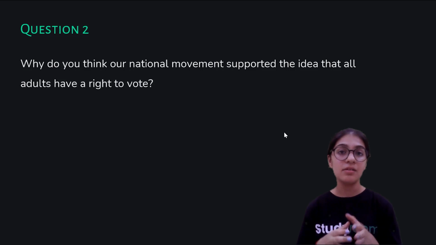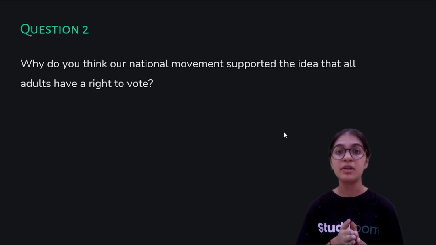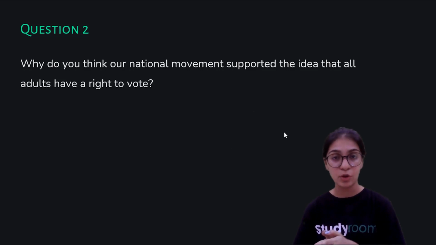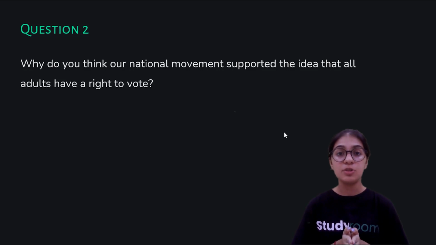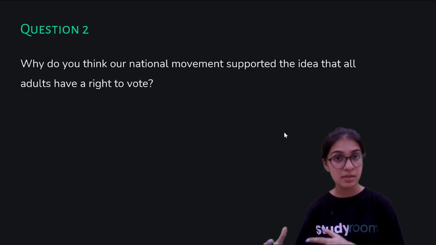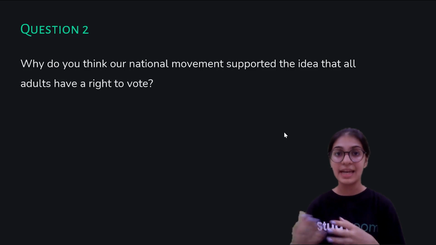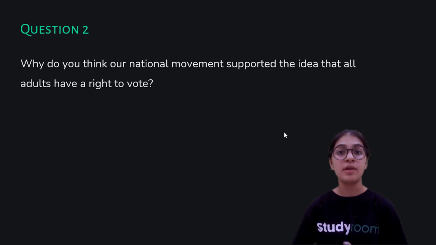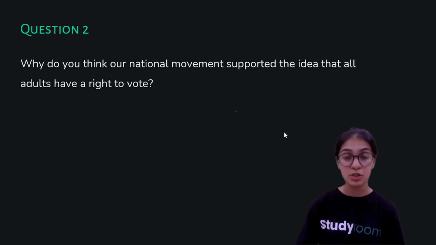So this adult suffrage, giving votes when you are above 18, or if you are 18, the eligibility, the right to give vote is a very very important fundamental right, as it gives the citizens the right to indirectly participate in the decision making process, get the right to vote for their elected representative who directly make the laws on behalf of the citizens who have chosen them.